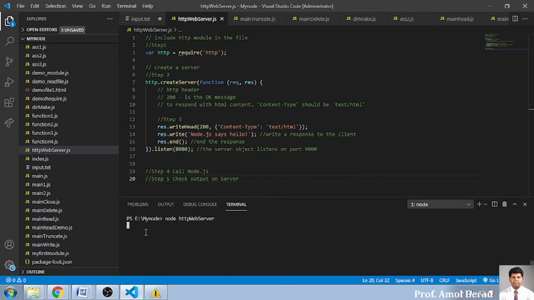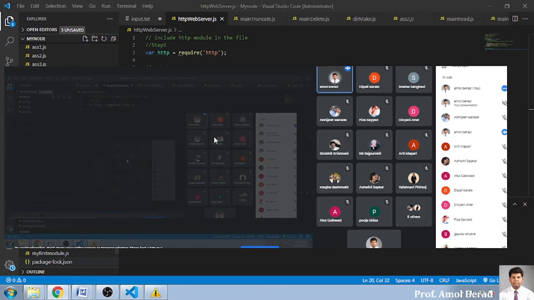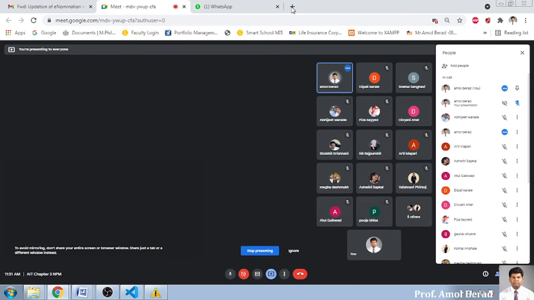Now there is no response on my system. See, nothing here, it has only started, it is not closing. Now this means my server has started. Now what I have to do is start my localhost with the port number 8080. Then only I will get an output like this. So whatever I have written over here will be displayed on the server. So I am opening my browser.